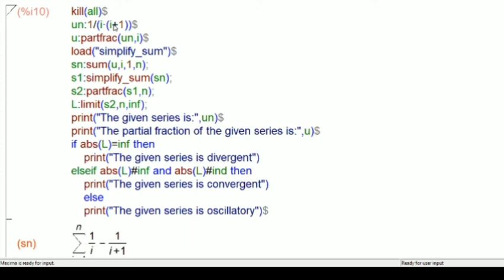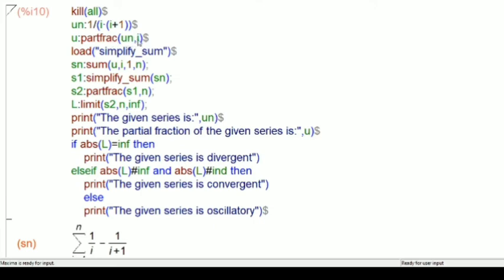But we have factorized this. So what was our factorization? In general, we know that if un is 1 by n into n plus 1, it was 1 by n minus 1 by n plus 1. But here instead of n, we have used i. So it is 1 by i minus 1 by i plus 1, which is the factorization of this.